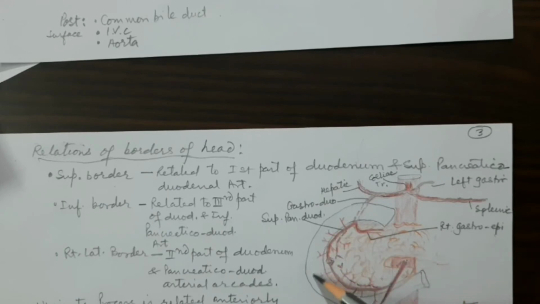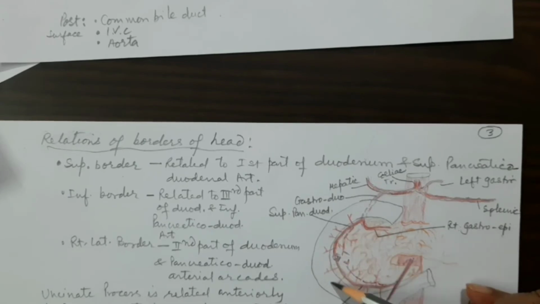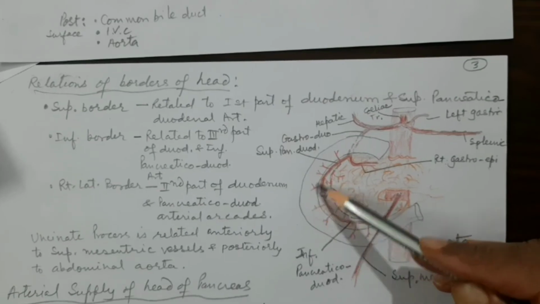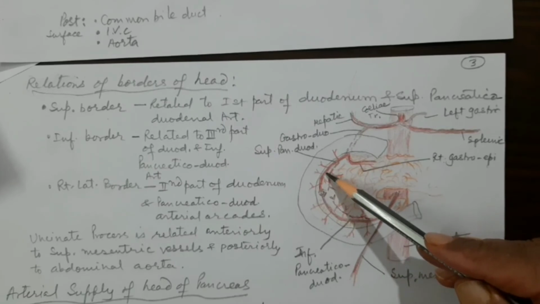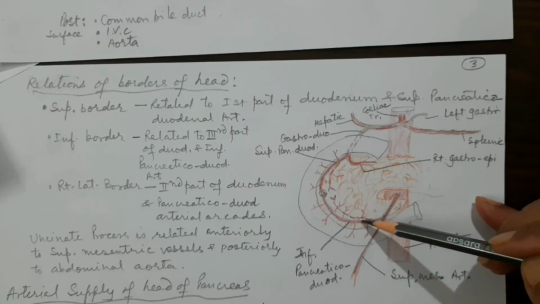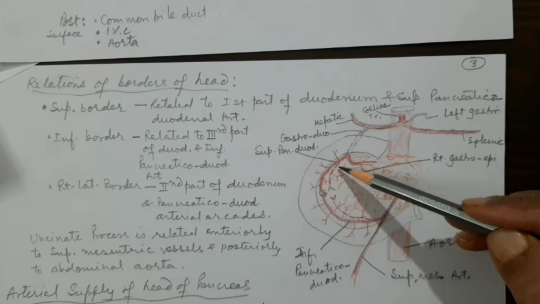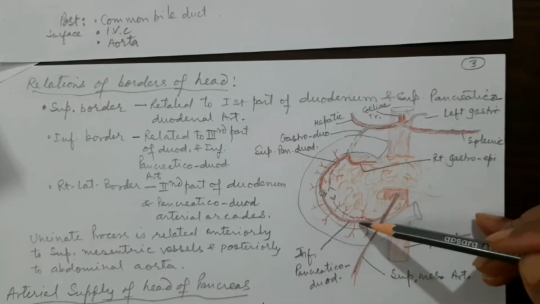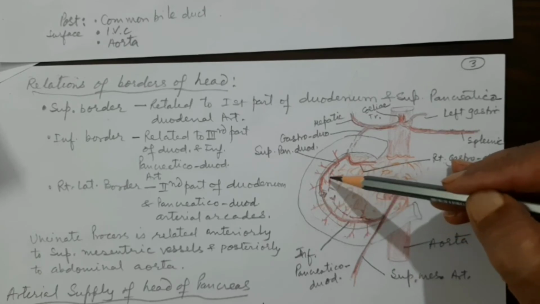Okay, and this part of the head of the pancreas is related to the second part of the duodenum. This is the second part of the duodenum. This is related to the second part of the duodenum, right? And these two arteries, superior pancreaticoduodenal and inferior pancreaticoduodenal, here they divide into anterior and posterior branch. I have drawn boldly the anterior branch of both superior and inferior pancreaticoduodenal. Posterior runs behind the head of the pancreas on the posterior aspect. That's why it is drawn as the dotted line.